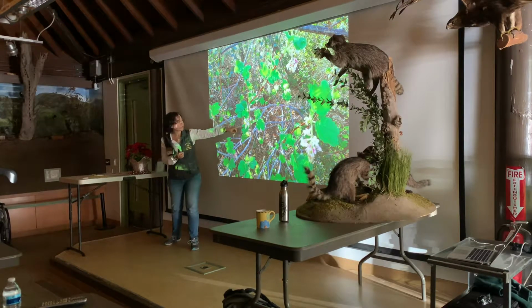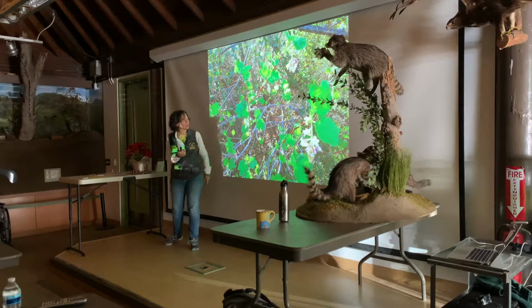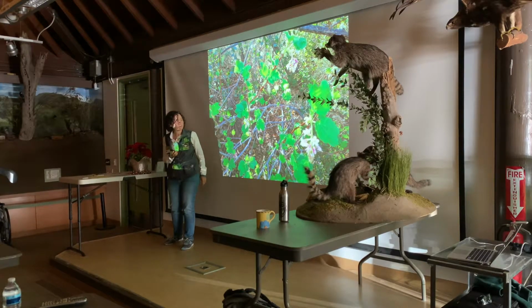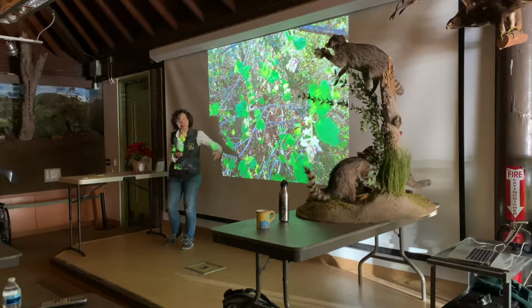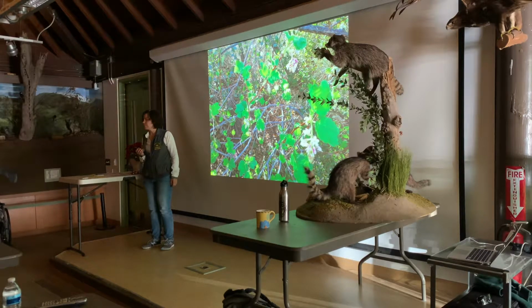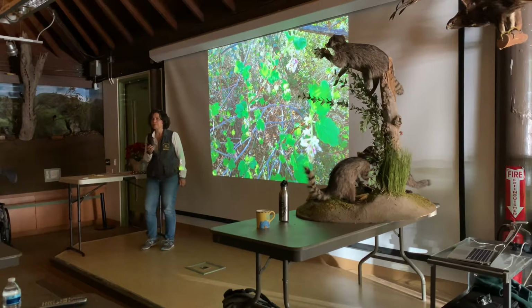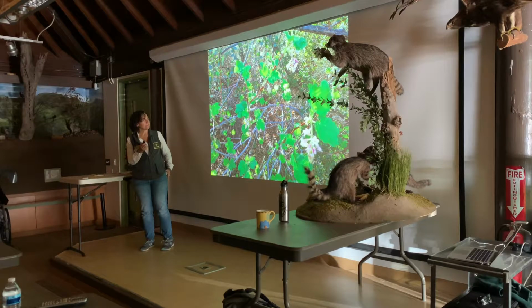This little example is just one of the things that's flowering in the park right now, and it has a bright pink flower to attract pollinators. What are we looking at? Is that mallow? Currant. No, that's currant. Thank you.